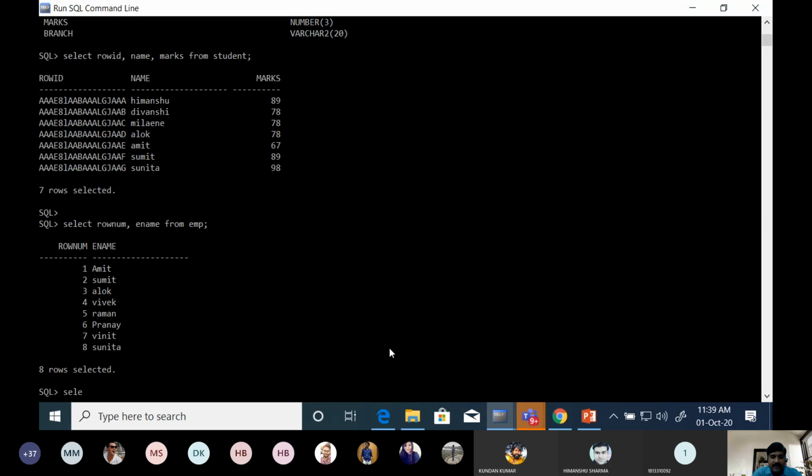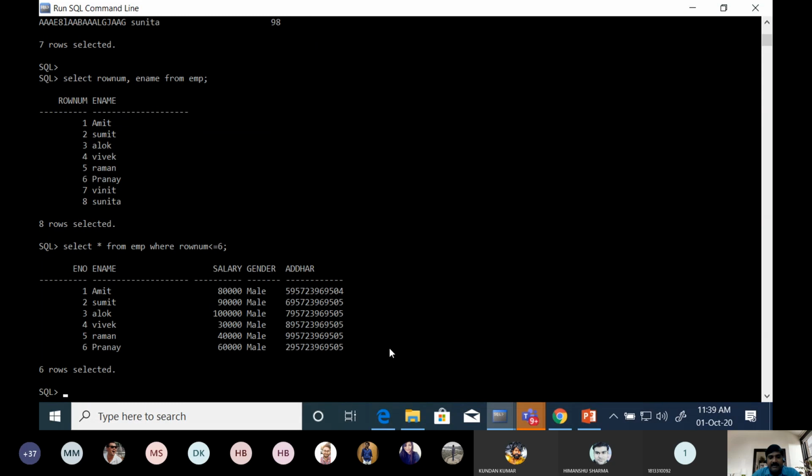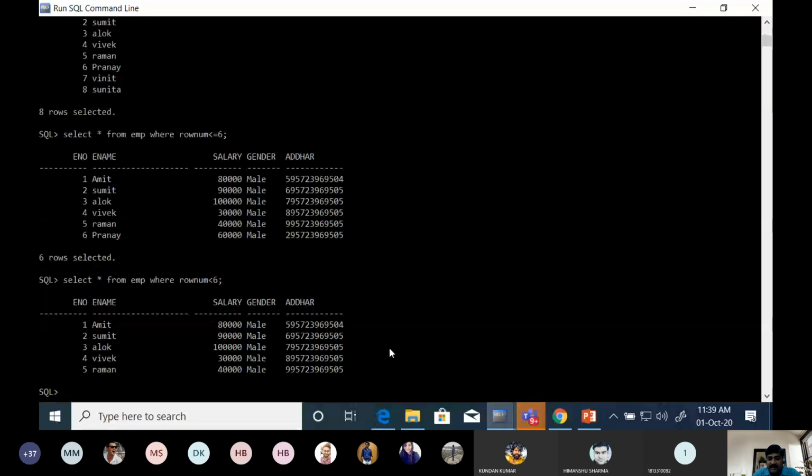Suppose we want to retrieve: select star from imply where rownum is less than or equal to 6, then the result will be displayed. And suppose here we write only less than, then also the result will be displayed. But if we write rownum equal to 6, then no rows will be selected.